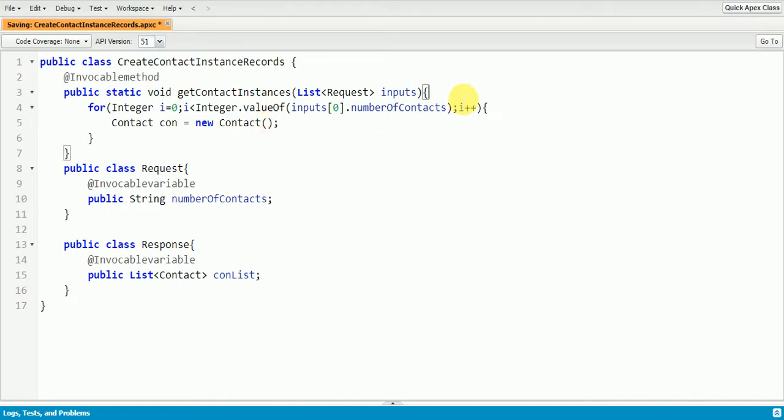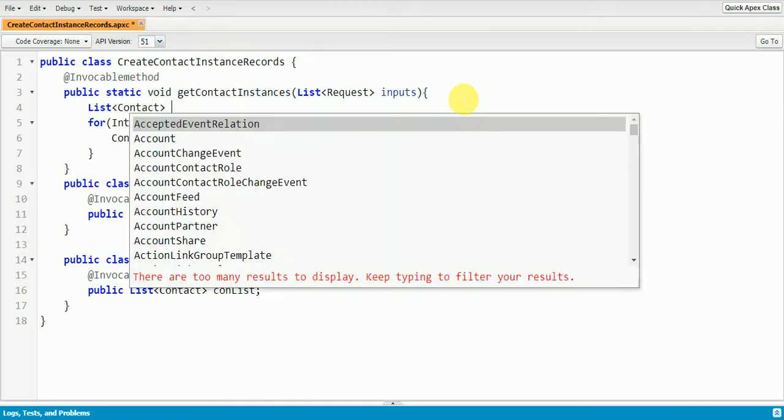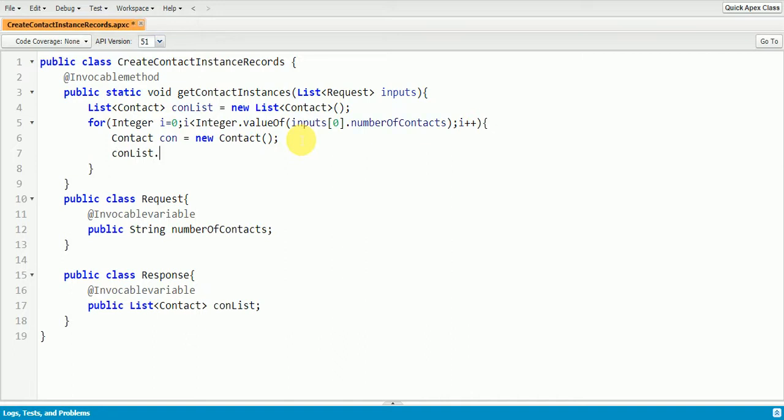and here I'm going to declare another contact list. So here I'm going to add my contact which is created inside the for loop to this con list variable.